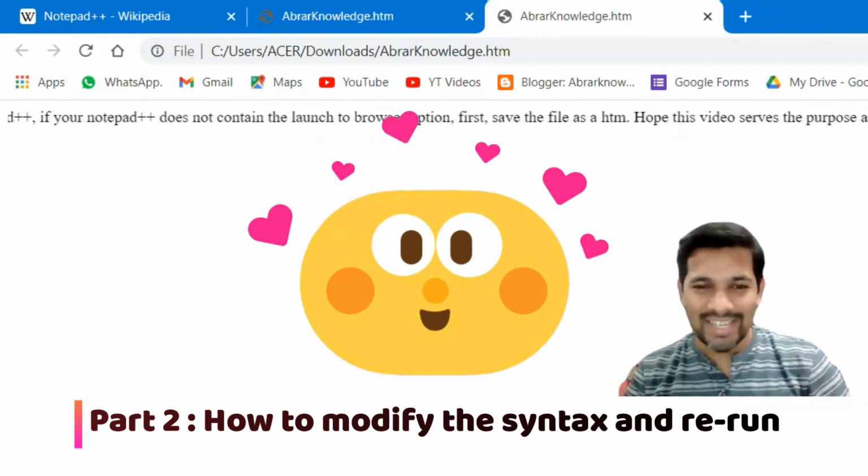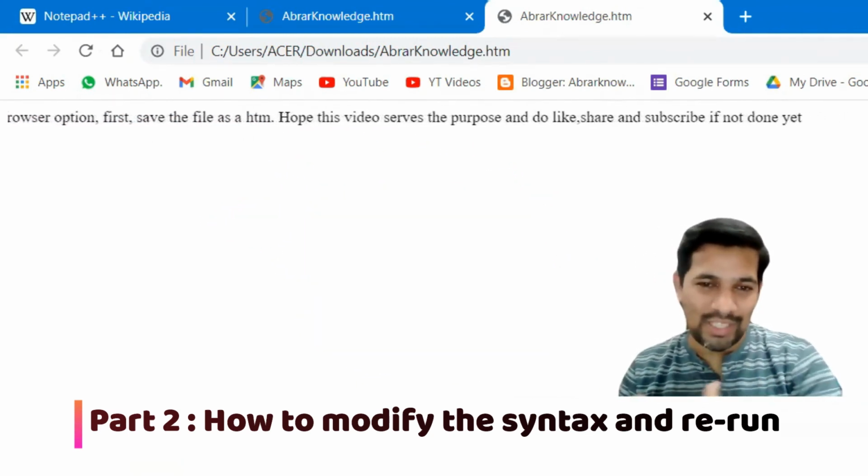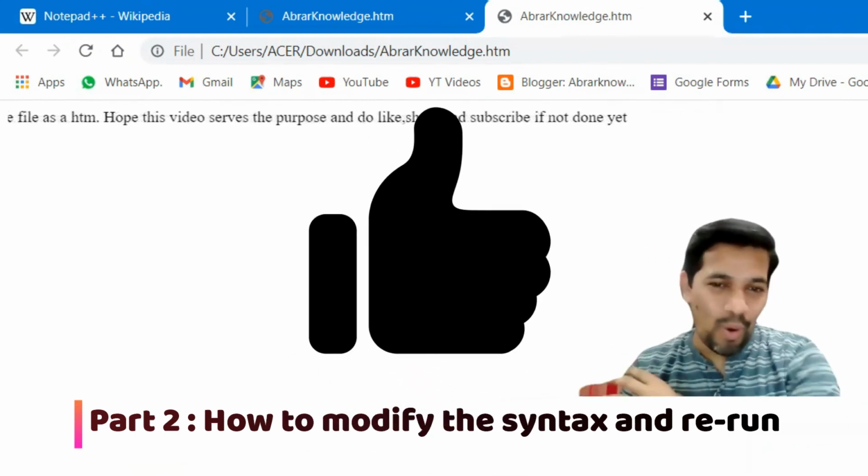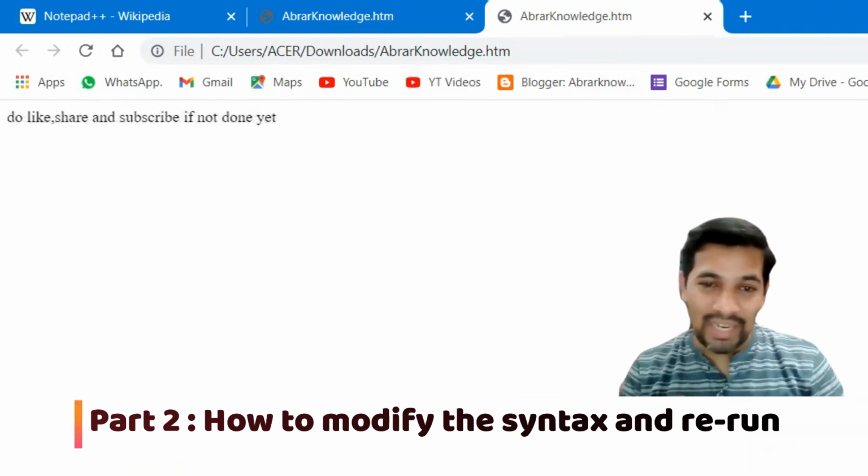So this is an interesting video, right? Like this, not only HTML, but C language, C++, Java, and MATLAB, all these can be used with the help of Notepad++, and you can simply type it and it's